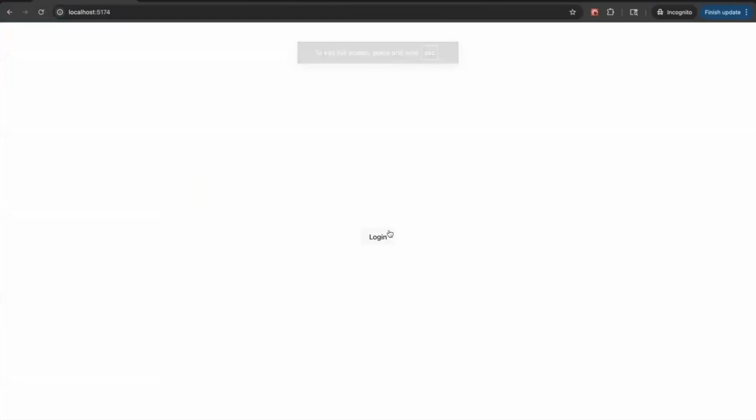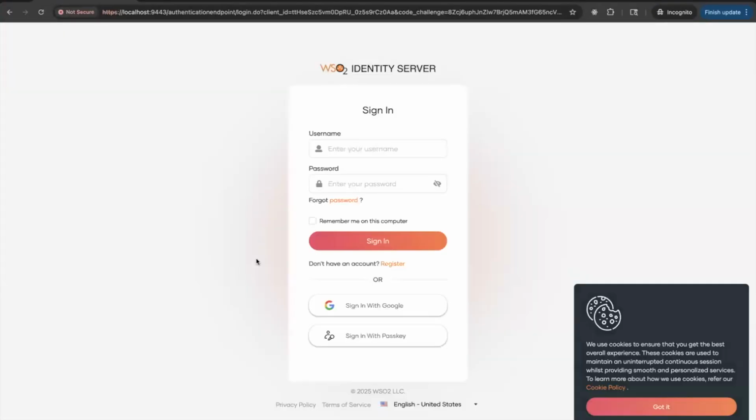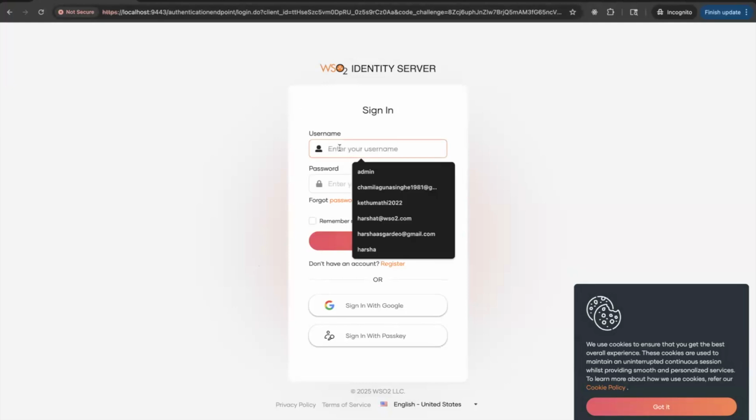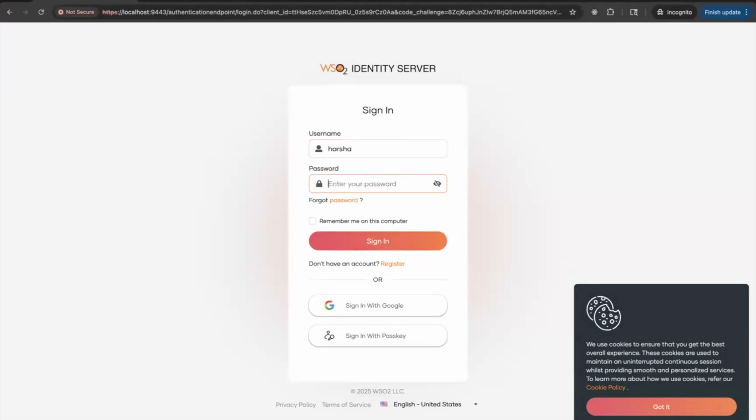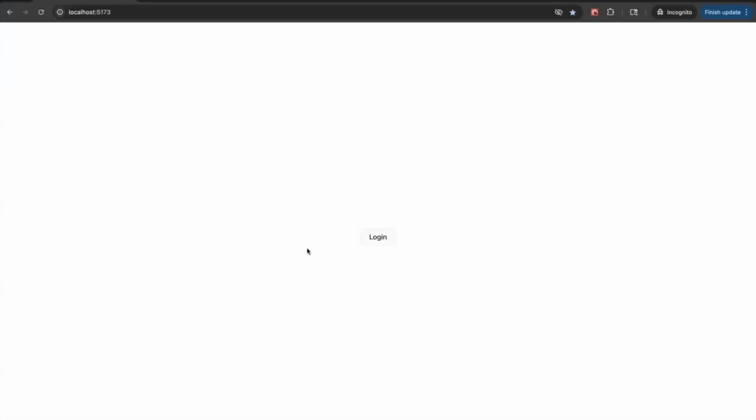So this has only this login button. Once we click on that, it will redirect to this identity provider. This identity provider, you can see the URL, this web app is provided by the identity provider itself. It will prompt everything. So you don't need to do anything from the login point of view to collect the credentials and authenticate. So let's say that I have a user called Harsha, and once you provide the credentials and sign in, it will